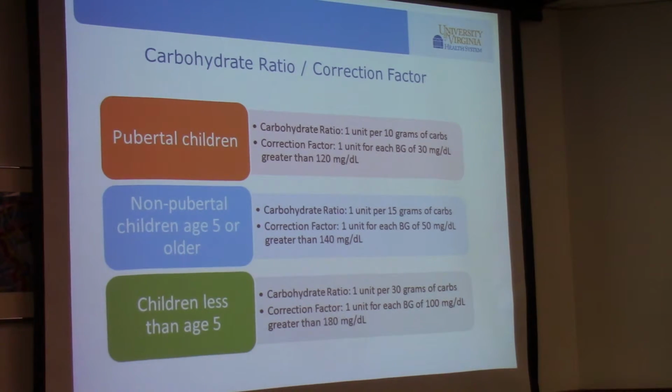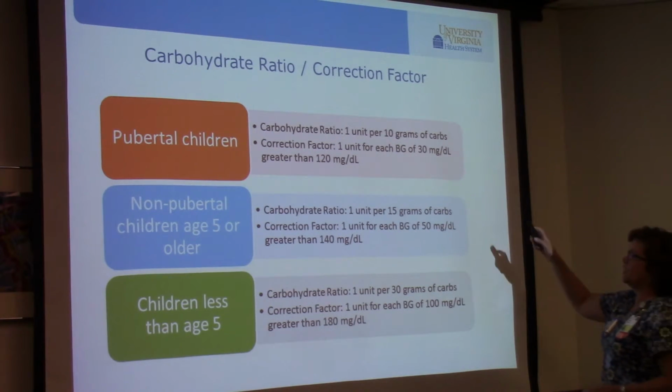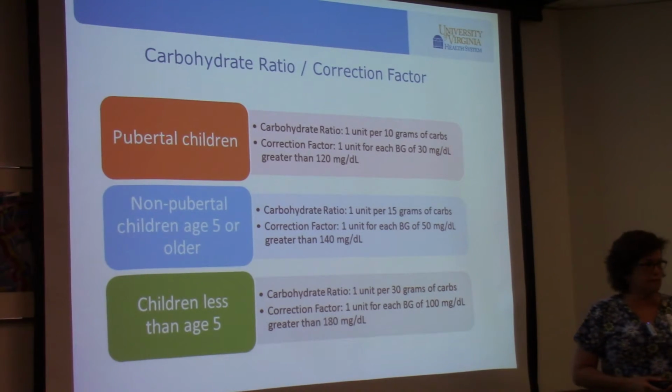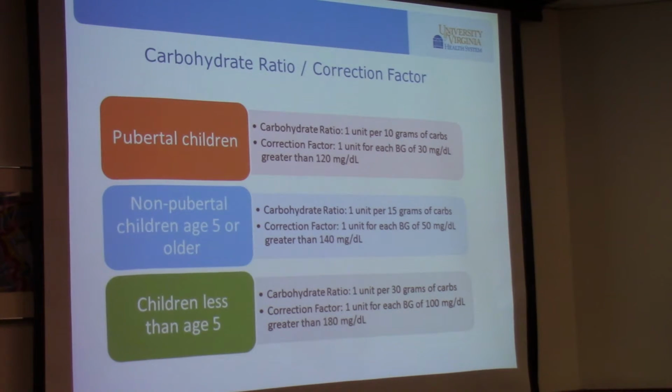Okay, so if this person up here that just came in who's 10 years old, and the doc says, so when you go to lunch in the cafeteria at school, you're going to get a unit of insulin for every 10 grams of carbs. So if her tray is 60 grams of carbs, she gets 6 units of insulin, right? She also has to check her blood sugar right before she does it. So she checks her blood sugar, and then she has to do this mathematical calculation, which we will do on the case study. Okay, so that's how they do it like that.